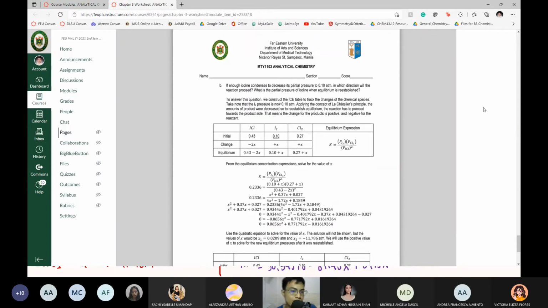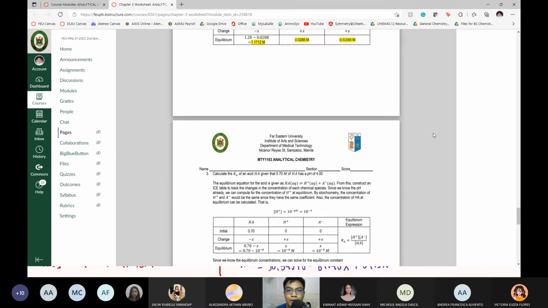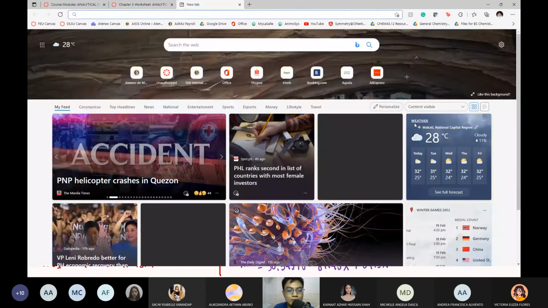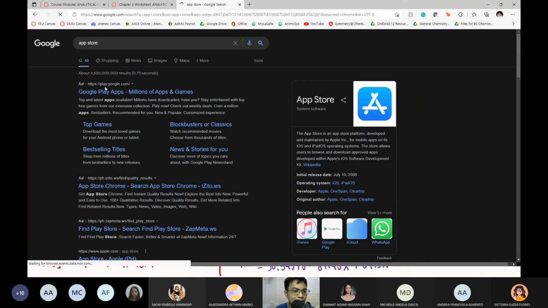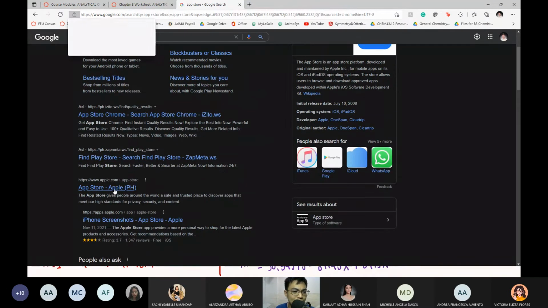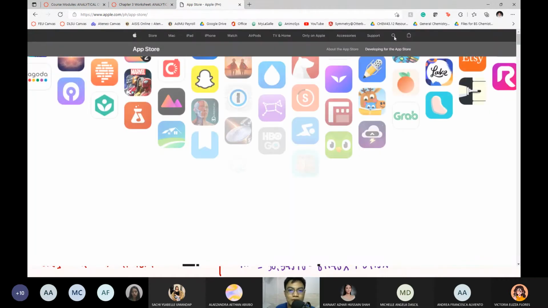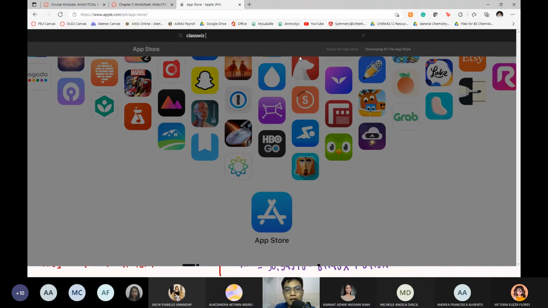Okay. So, basically, that's the concept. That's the idea about... sige, try ko nga Play App Store. Okay. Pero anyway, basically that's the concept of equilibrium system, no? So bale, ang gagawin niyo na lang ay